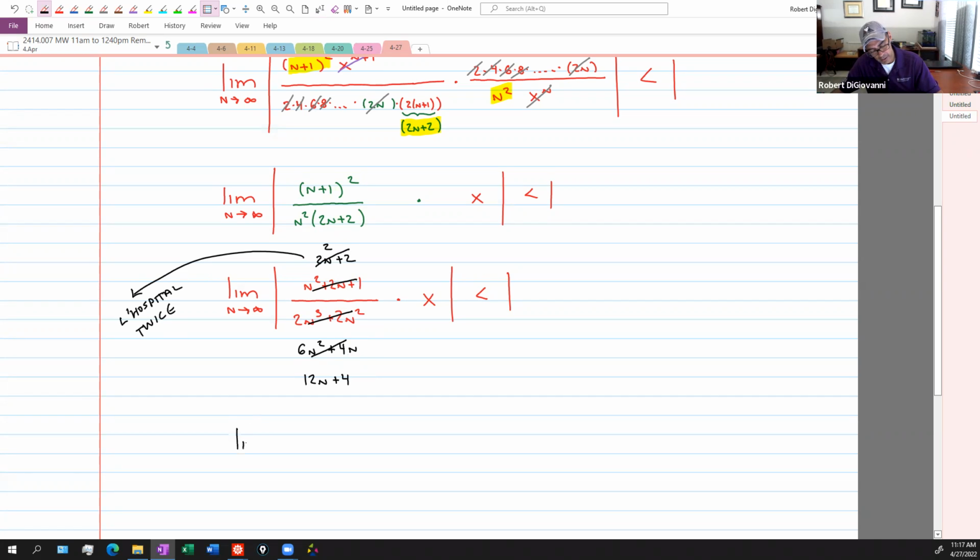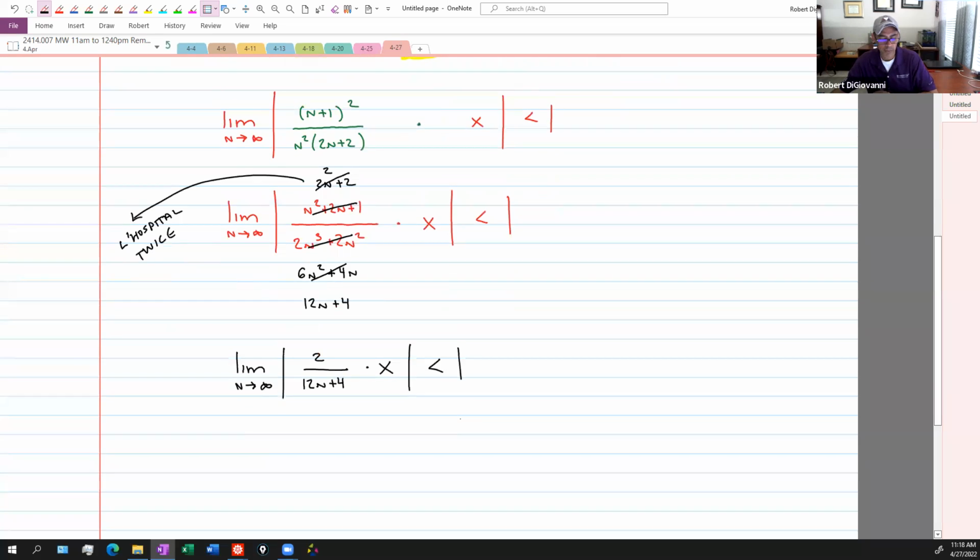So we get the limit as n goes to infinity. All that's left there was 2 on top, over 12n plus 4, times x. I need that to be less than 1. But this guy goes to 0, right? Fixed number on top, bottom goes to infinity, that goes to 0. The absolute value of 0 times x, I need that to be less than 1. This is true always,